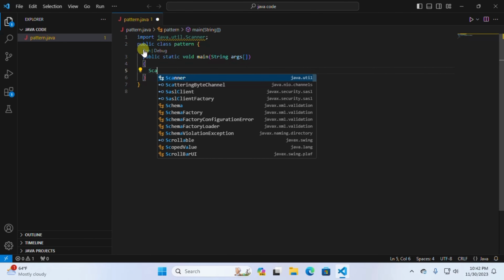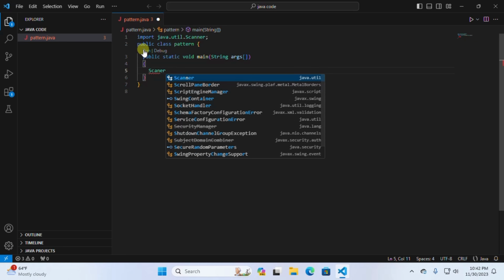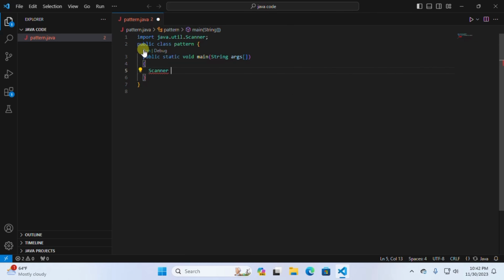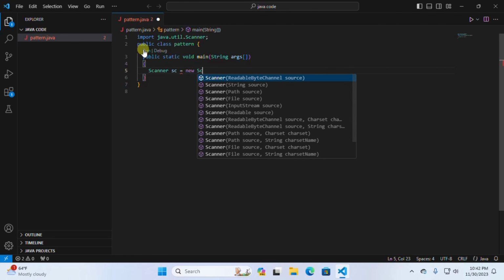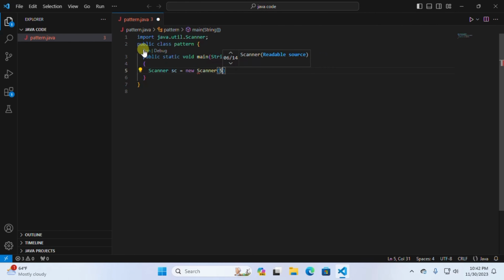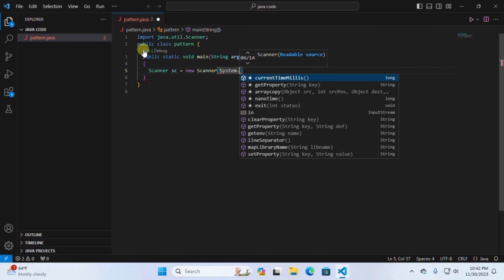Now let's get the scanner class object. Scanner sc equal to new Scanner(System.in),